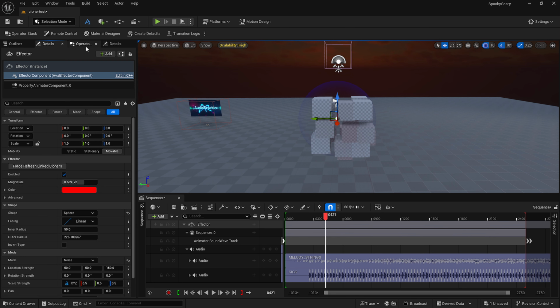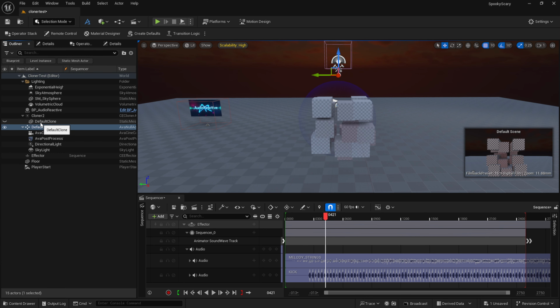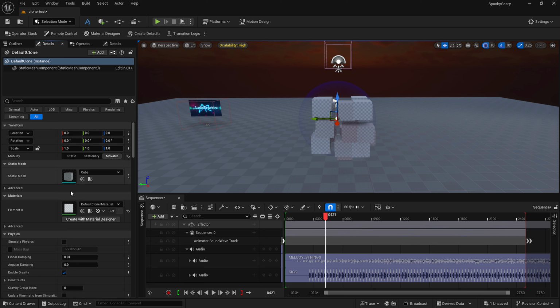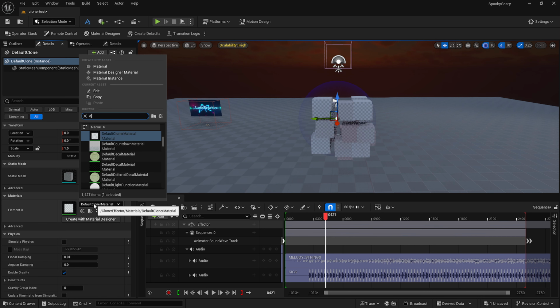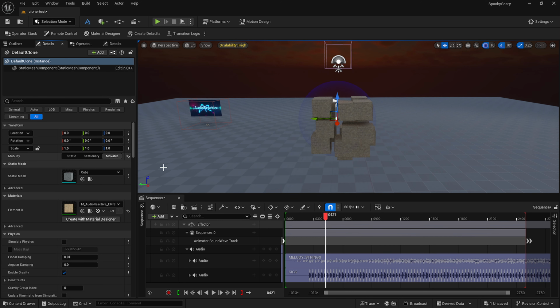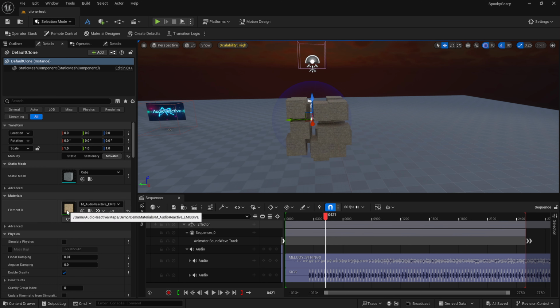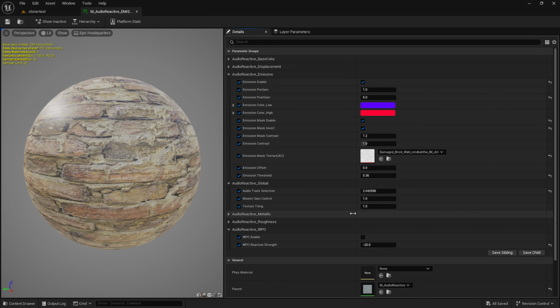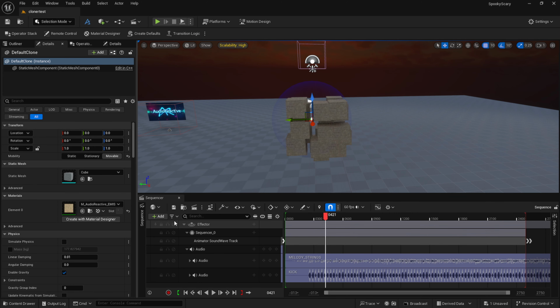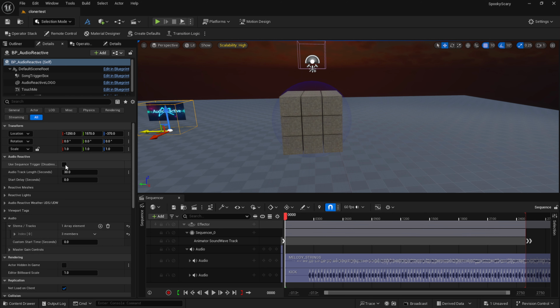I'm going to just adjust its material. Sorry, I had my details panels locked. So default clone, details. And I'm going to make this my emissive material that I have in my template scene. All right, so this is where it crashed last time. Let me save real fast. Okay, let me go into this emissive material and make sure my audio track is set to 0. That way it gets the one kick drum that I have. And let's do a simulate really fast after I make sure this is set to begin play.